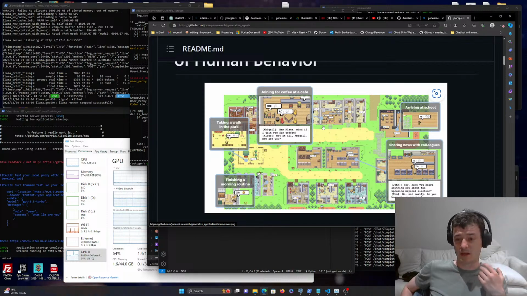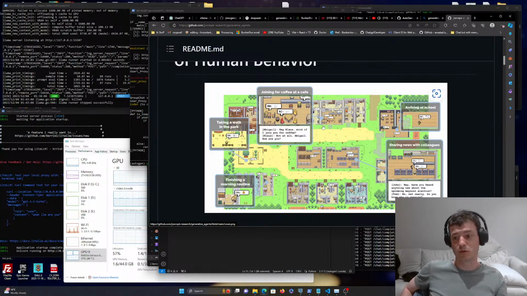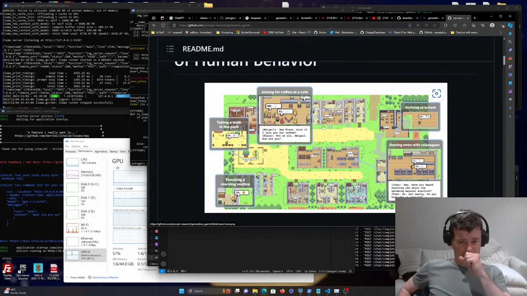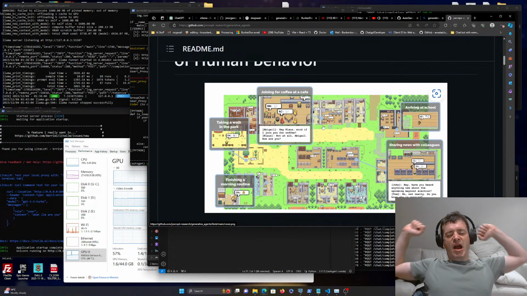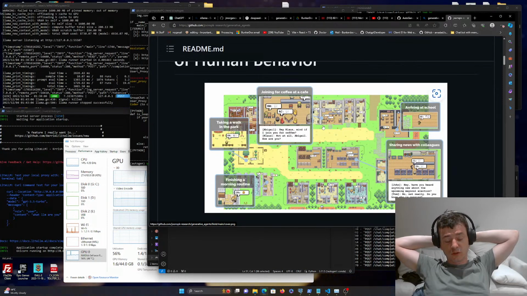Like OpenAI is expensive, but then they offered 3.5 and they're offering Whisper. Then you got all these other businesses out there that are offering Ollama, then the open source communities like